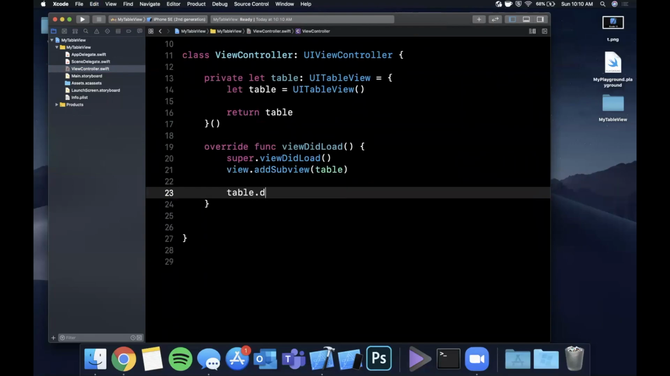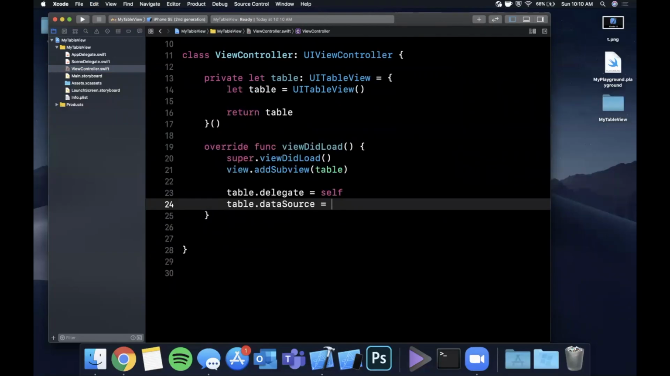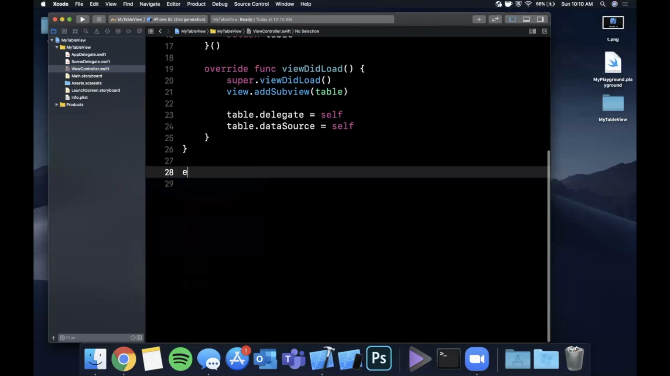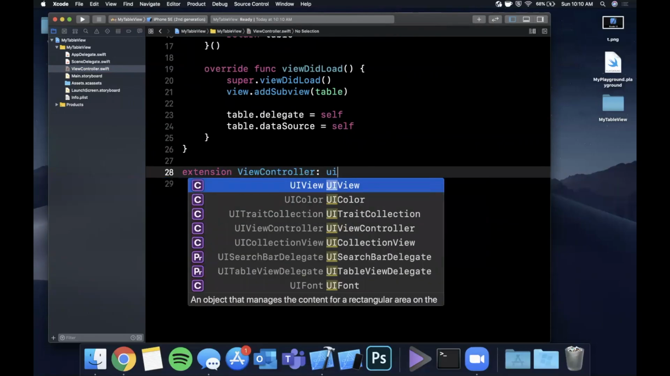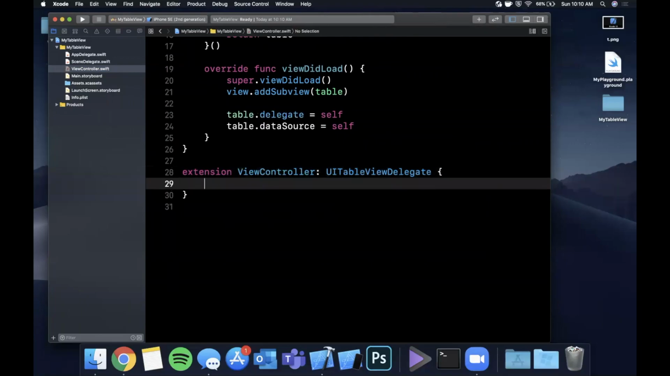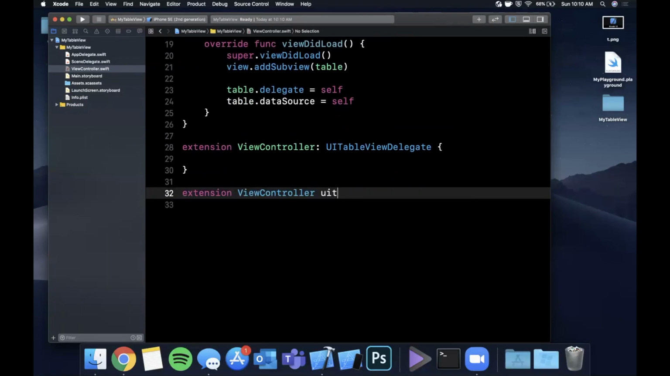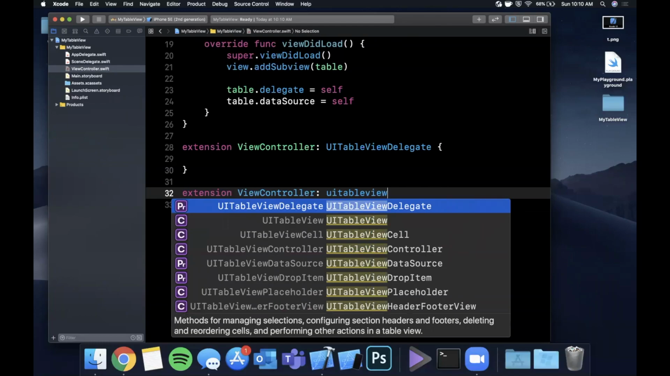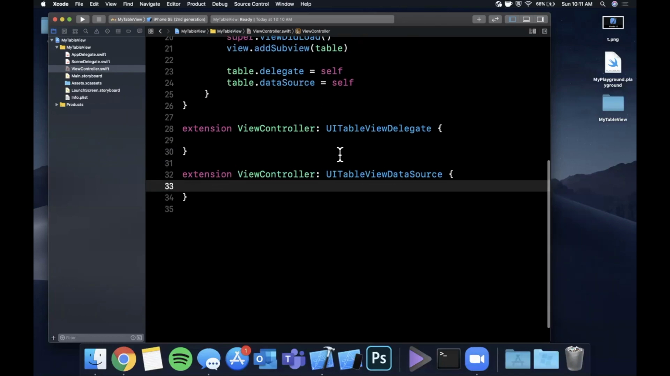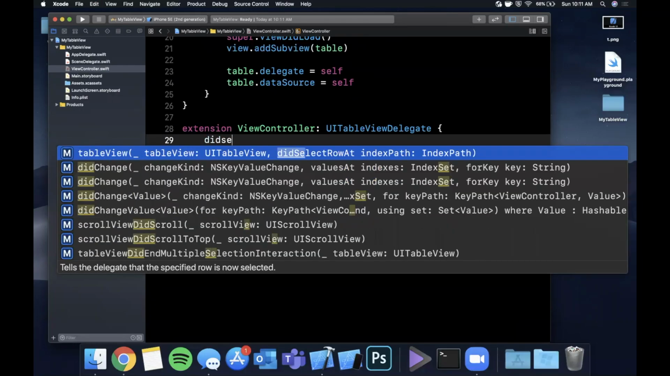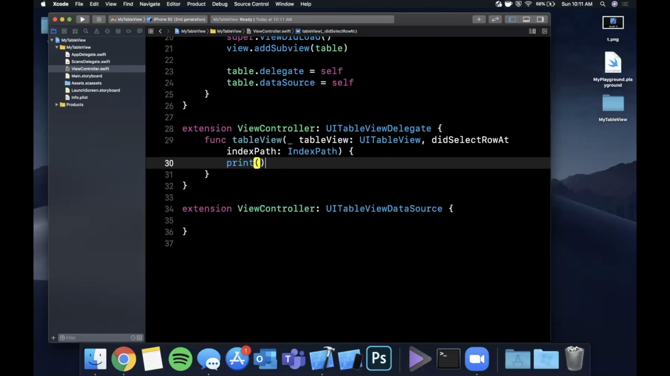We're going to set up its delegate and its data source. Now we're going to use extensions to conform to said protocols. So we're going to extend the current class we're in, which is ViewController. We're going to bring in the table view delegate, and we're going to bring in the table view data source. Whoops, let's put that colon there. And let's see, now we actually want functionality in here. So this one is the delegate. So we're going to say didSelect, and we'll just print out for now